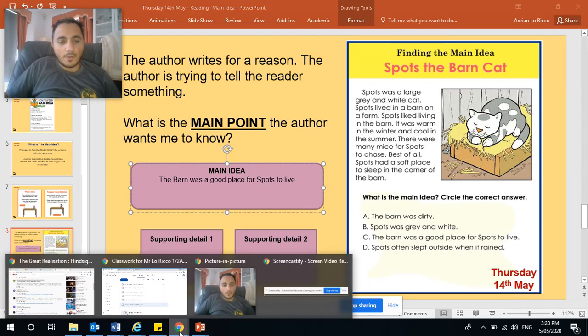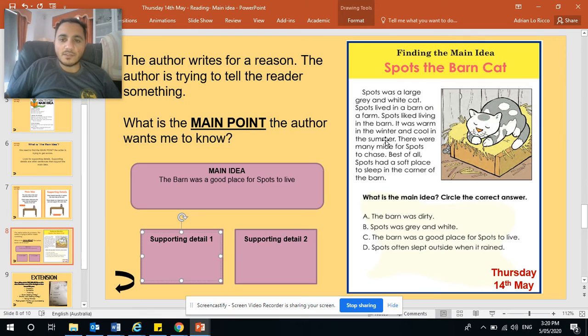All right, so now we just need to work out some supporting details. So one of the supporting details was Spots liked living in the barn. Sentences that help the main idea. So there it is. Spots liked living in the barn. What's another sentence that shows that the barn was a good place? Had a soft place to sleep. Spots had a soft place